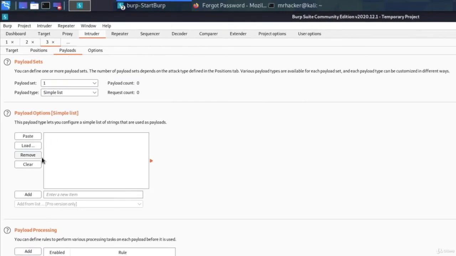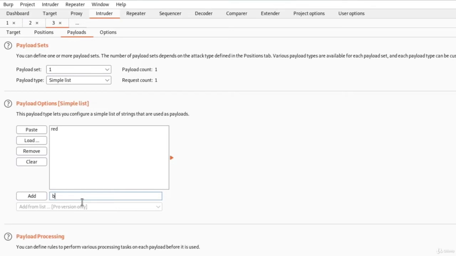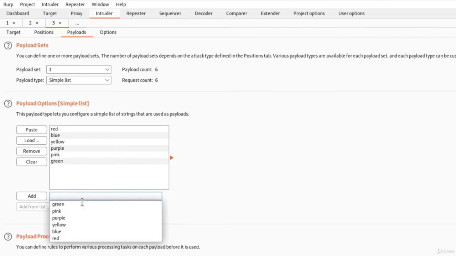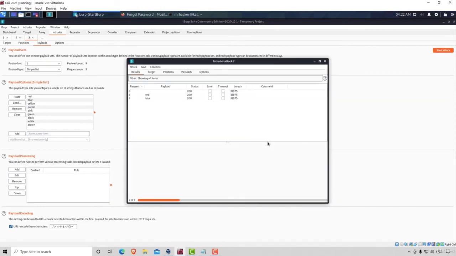Now we go to payloads and here we can manually type the colors. For example, let's go for green, blue, yellow, and let's type every single color that we can think of. Let's go with green, let's go with black, white, and let me see, brown, perhaps, and maybe I forgot something, but let's give it a try with these colors first. So we loaded 9 payloads or 9 colors, and if we start the attack, we're pretty much looking